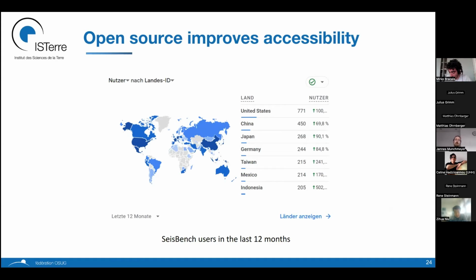And if you look at this map, there are enough countries where it's pretty clear that not many people in these countries have the opportunity to fly to AGU or EGU. So for many of these people, open sourcing our code is a great way to make it accessible, because these personal links that would otherwise be used for code sharing are not available for all the potential users.